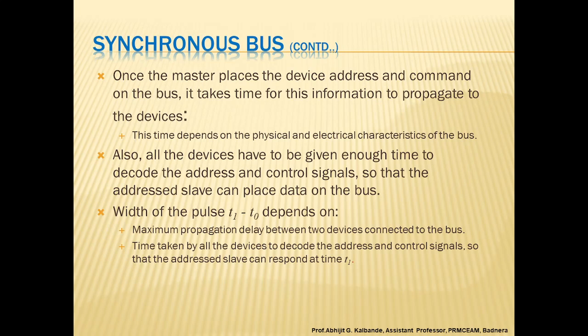At the end of the clock cycle, that is at time T2, the processor strobes the data lines and loads the data into the input buffer. In this context, strobe means to determine the value of the data at a given instant. For the data to be loaded correctly into a storage device, such as a register built with flip-flops, the data must be available at the input of the device for a period greater than the setup time of the device. Hence the period T2 minus T1 must be greater than the maximum propagation time on the bus plus the setup time of the input buffer register of the processor.